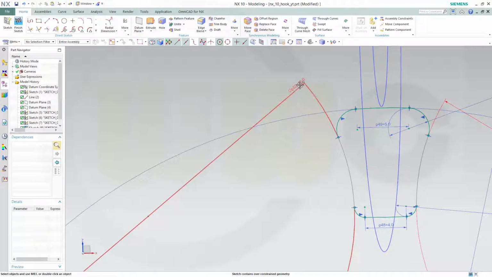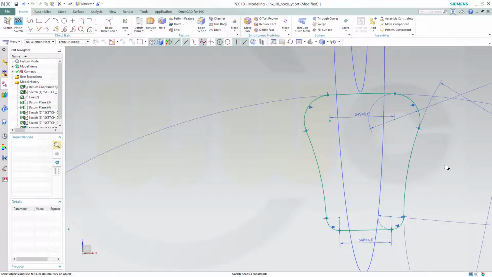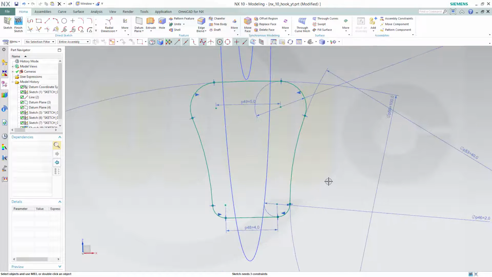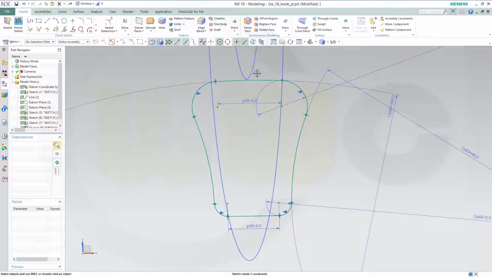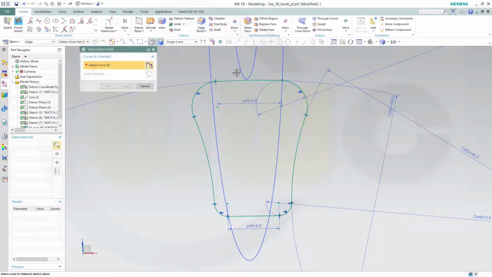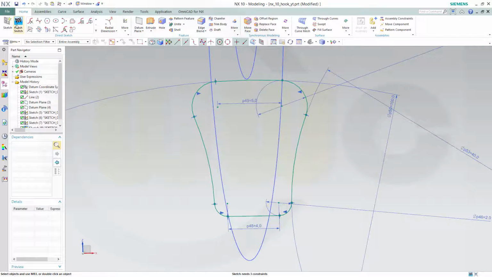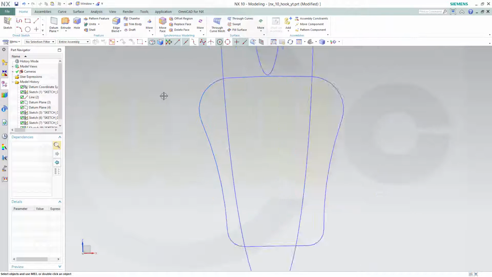And because this is symmetric, I can delete this diameter. Okay. Now I need the two intersection points from this curve and that curve with the sketch plane, but it's not possible. So I will leave the sketch